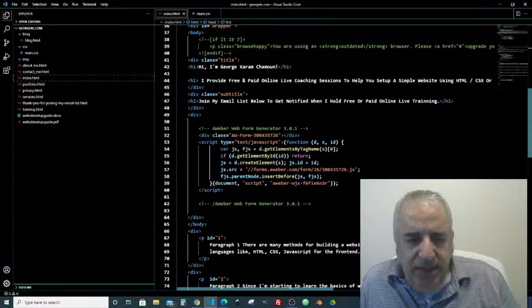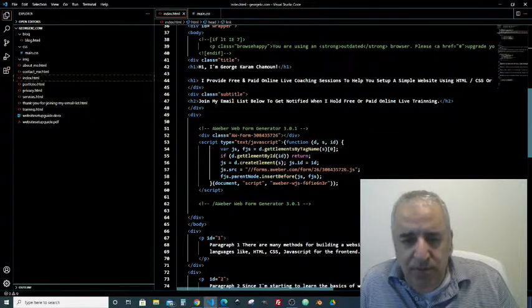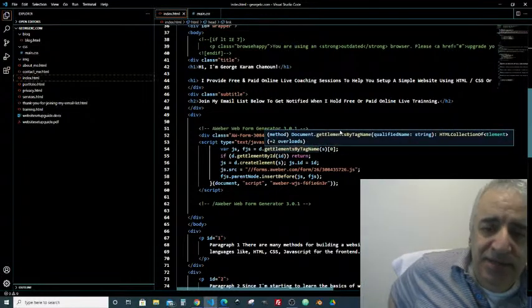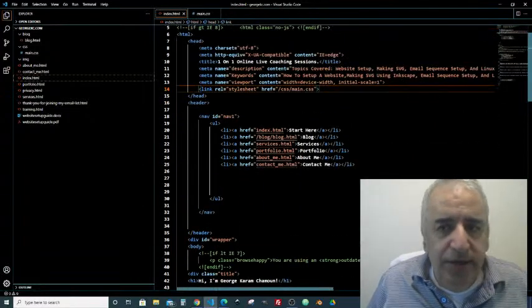And this is the opt-in form. It has JavaScript, which is not included in our explanation here in our tutorial. I'm just talking about the HTML and CSS. And so I'm going to go now to the